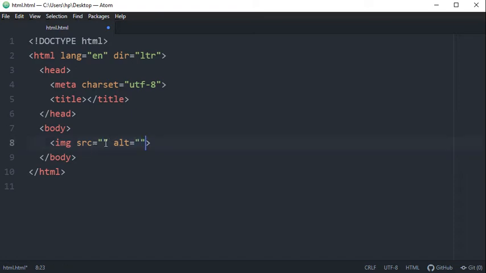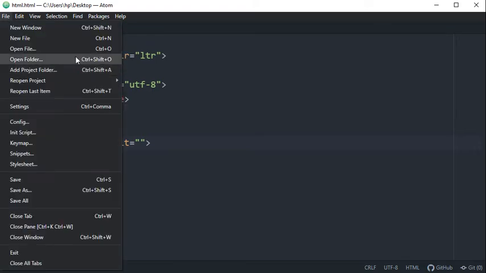You all already know that if the image is situated in the same folder where your HTML file is present, then you just need to mention the name and extension of that image. But what will you do if the image is not situated in the same folder? You are going to define the whole path of that image, including name and extension. So let's take an example.